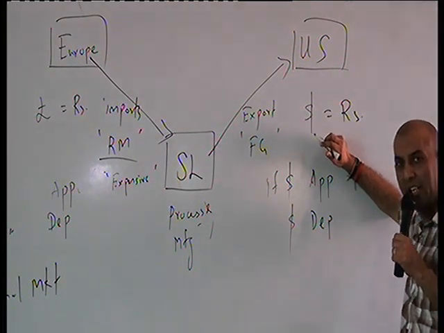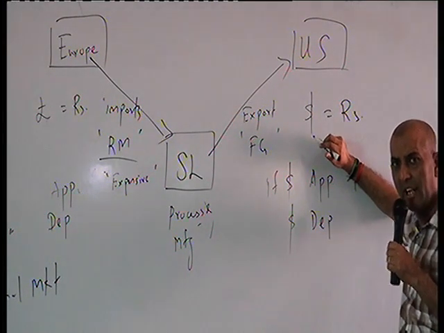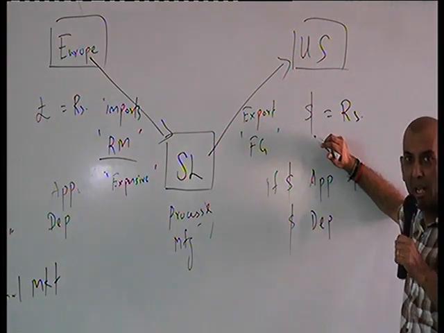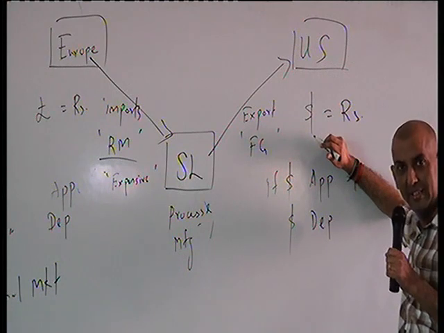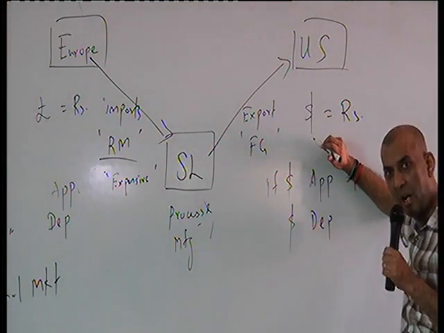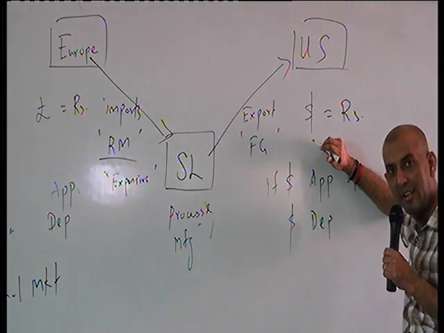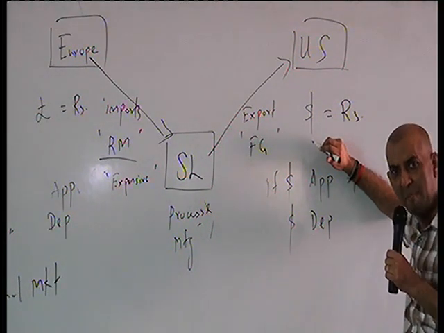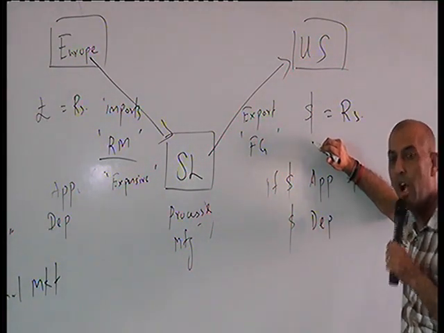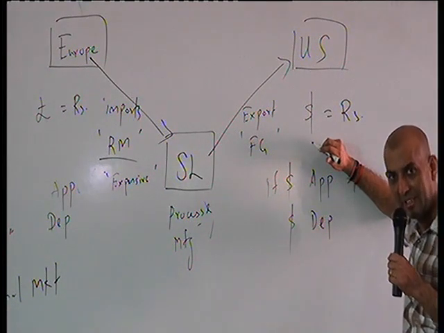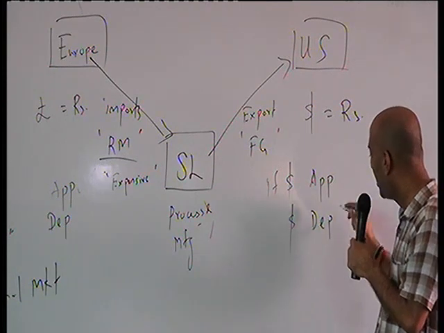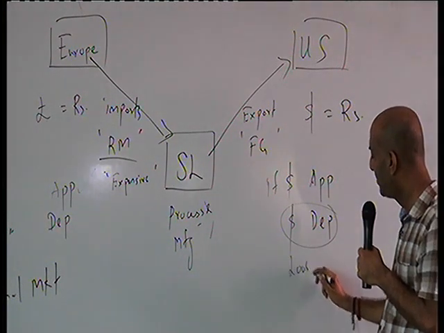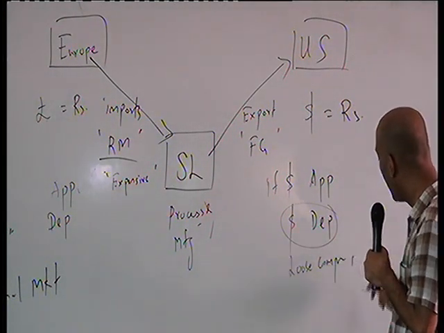So if the dollar is depreciating, practically what we do, since we are counting in rupees, is increase the price. When the dollar depreciates, we get fewer rupees. In order to increase our rupee amount, we will increase our price. $1, we might make it $1.1. When we increase our price, are we going to gain competitiveness or lose competitiveness? You are going to lose competitiveness. So when the dollar depreciates, we are going to lose competitiveness.